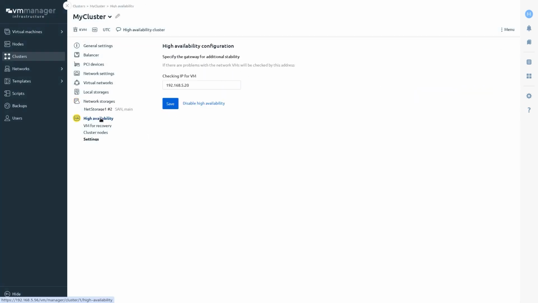If a cluster has 3 or more nodes and shared network storage, high availability (HA) mode can be enabled. To do this, an additional test IP address must be specified. If the node loses connection with the cluster, it will check the availability of this IP. If the IP is unreachable, the node will be isolated and virtual machine relocation will begin. If the IP is reachable, the node will be excluded from the HA cluster and virtual machines on it will